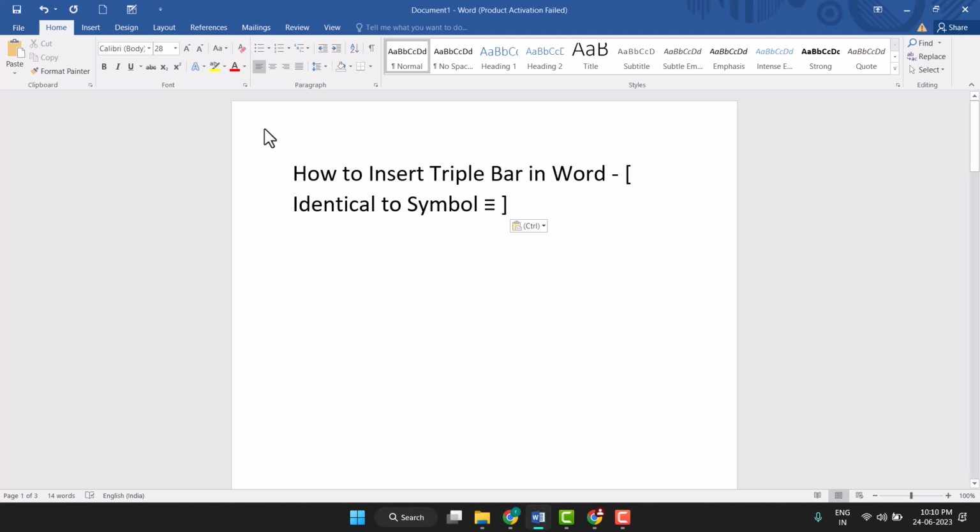Hello friends, today in this video I will show you how to insert triple bar in Word. Very easy and simple method to insert triple bar in Word. So firstly need to